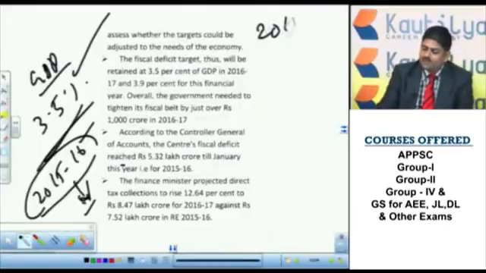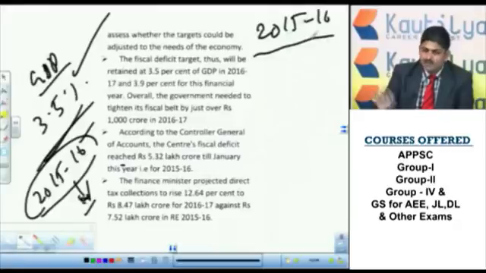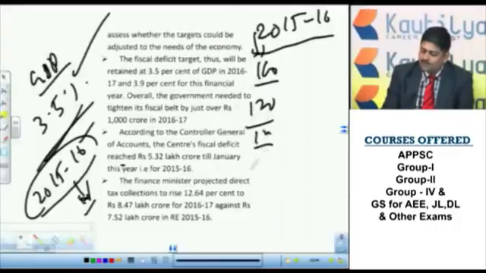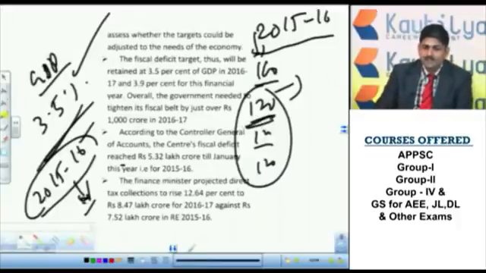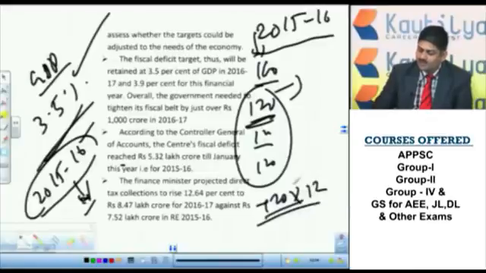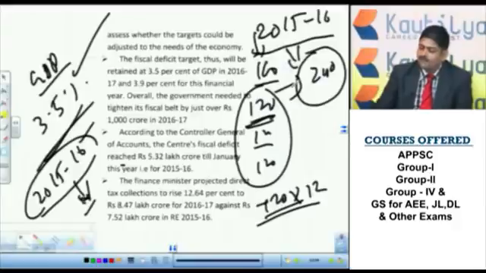In 2015-16, when the budget was introduced, that means last financial year, you remember, earning 100 rupees and spending 120 rupees. If we spend like this for 12 months, how much are we overspending every month? 20 rupees more, for 12 months. So by the end of the financial year the deficit amount is 240 crore.